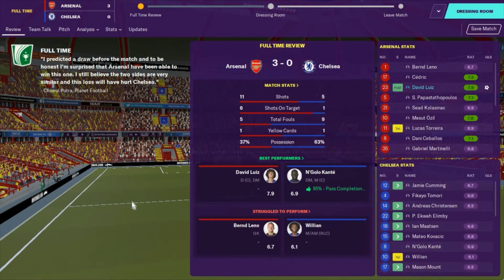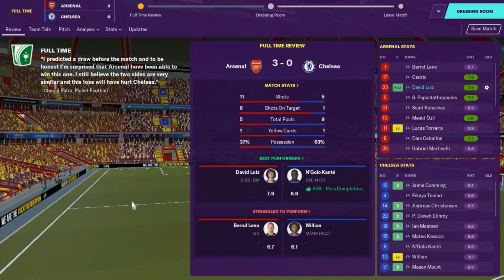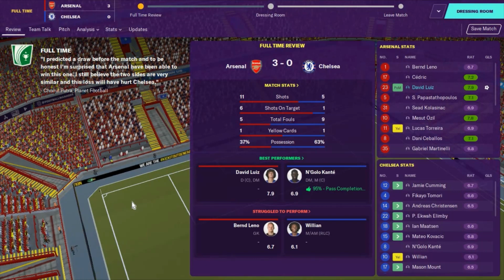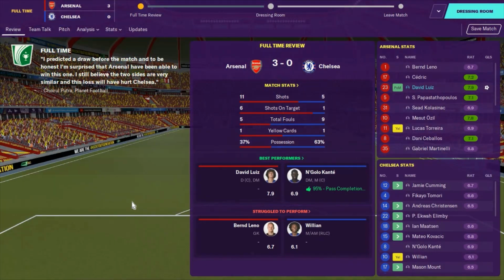Quickly back to winning ways with another 3-0 win up against this Chelsea side. 11 shots to their 5, only 37% possession. That is certainly the lowest we have seen so far. We're going to kick straight on to the next one, and I think these are coming into the more defensive